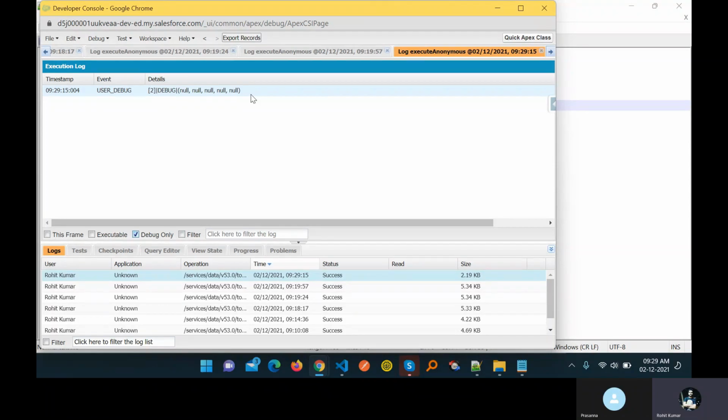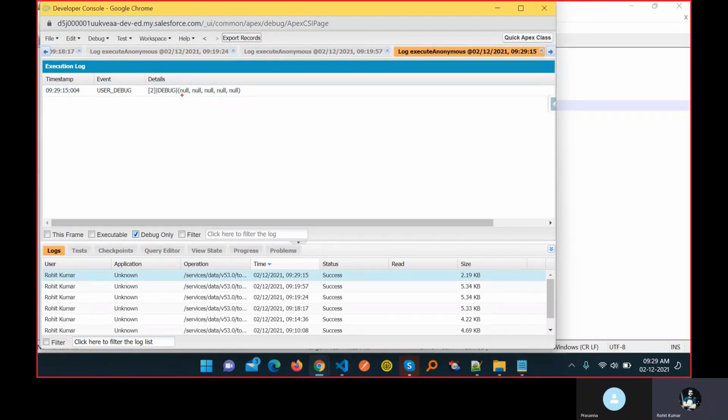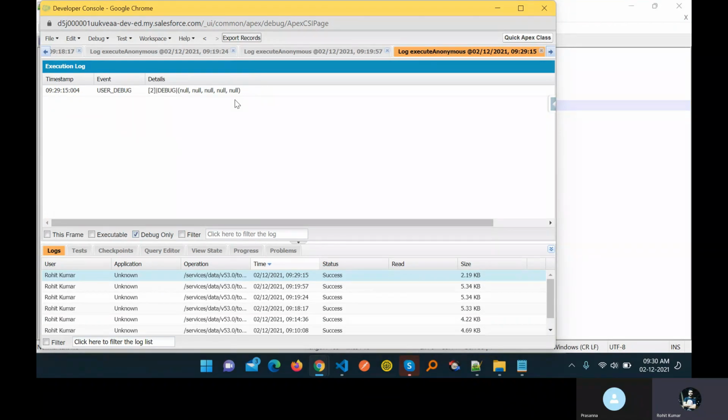If you don't initialize any value of any variable, the Apex engine automatically initializes it as a null value. Here you can see 5 times null, because we have 5 elements in the array. That's why it's showing 5 times. Is it clear for you?